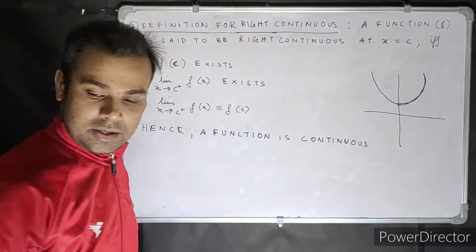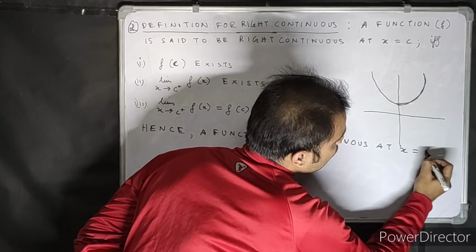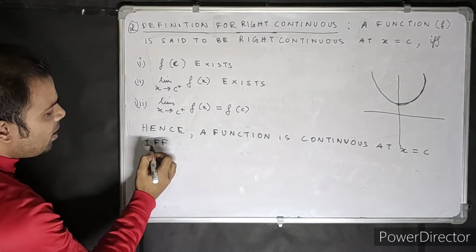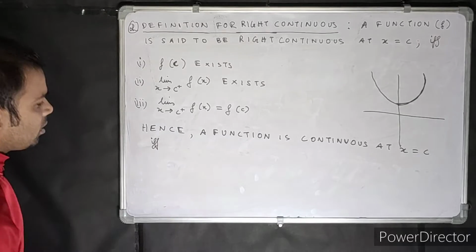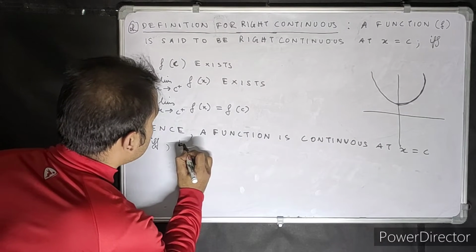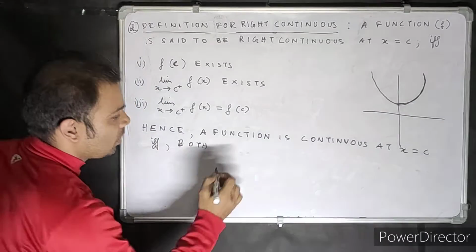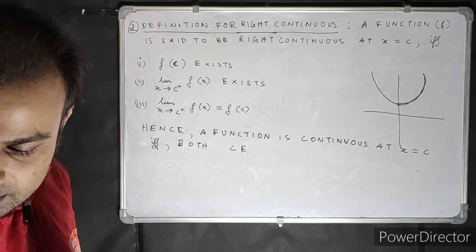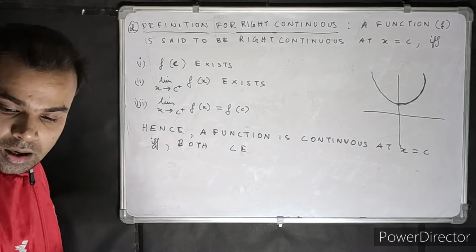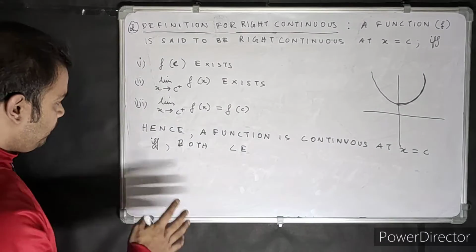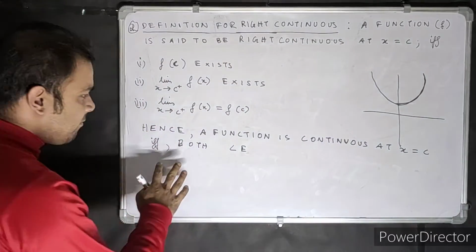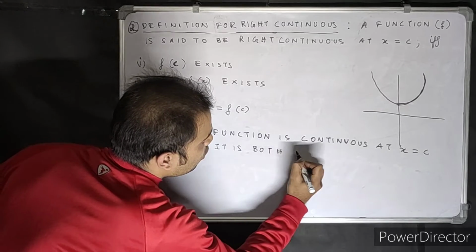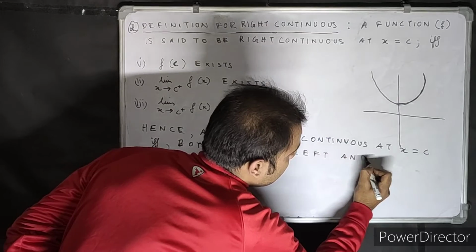Hence the function is continuous at x equal to c if and only if, don't put it in capital like this, it's not the way to write it, you write like this, if and only if it is both left and right continuous